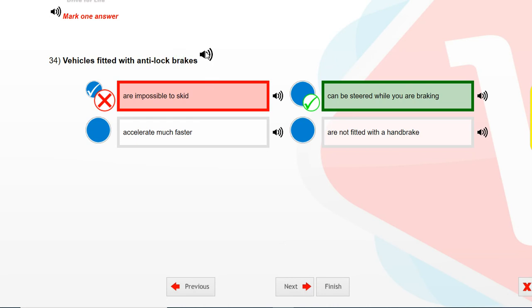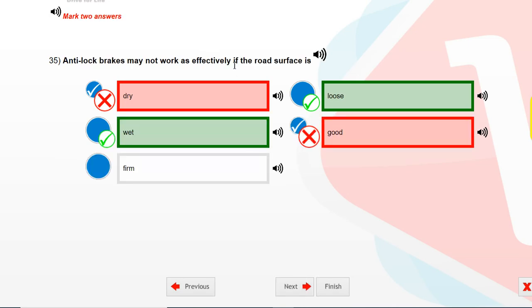Vehicles fitted with anti-lock brakes. Select one answer. Can be steered while you are braking. Anti-lock brakes may not work as effectively if the road surface is.